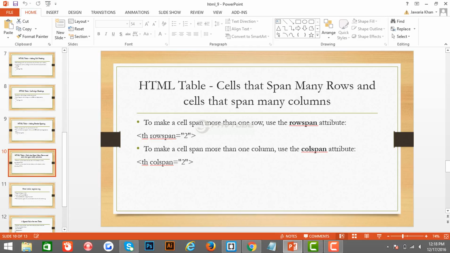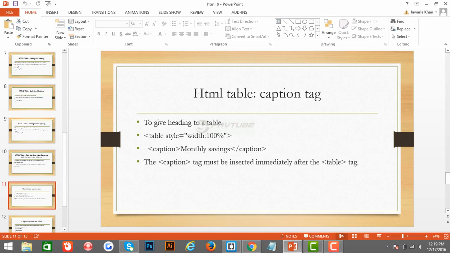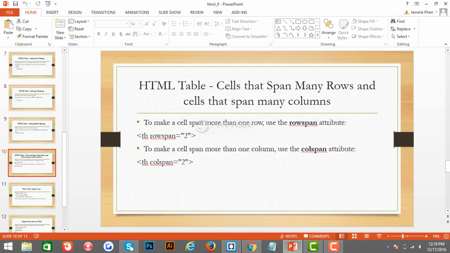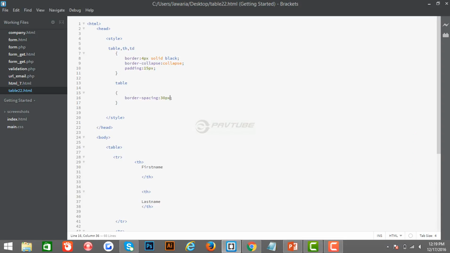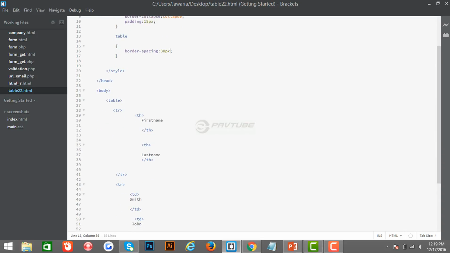Then what if we want to merge more than one row and more than one column? We would use the row span and column span properties, right? I'm going to show it over here. Suppose inside the table header, I want to show my table header by using two rows, for example. So I would do it like this: